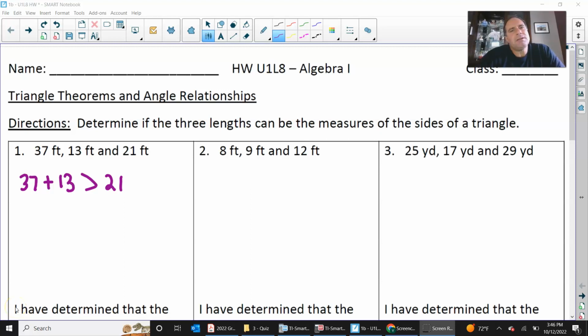Hello everyone, this is the homework for Unit 1, Lesson 8. We're going to talk about triangle theorems and angle relationships in this homework, and we're going to go right into